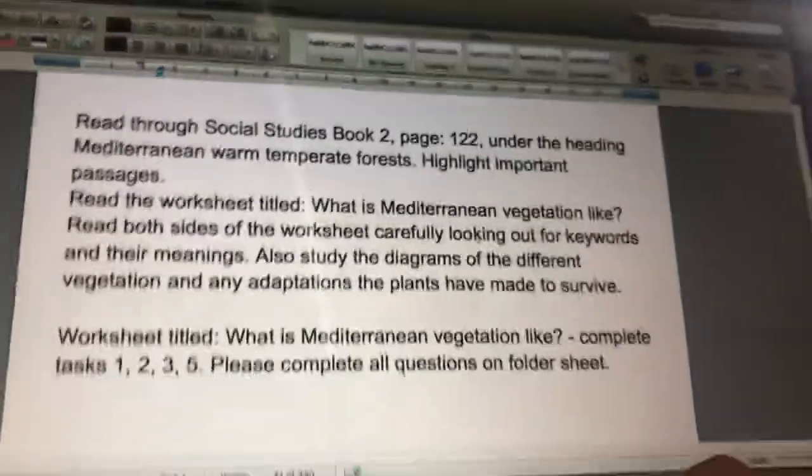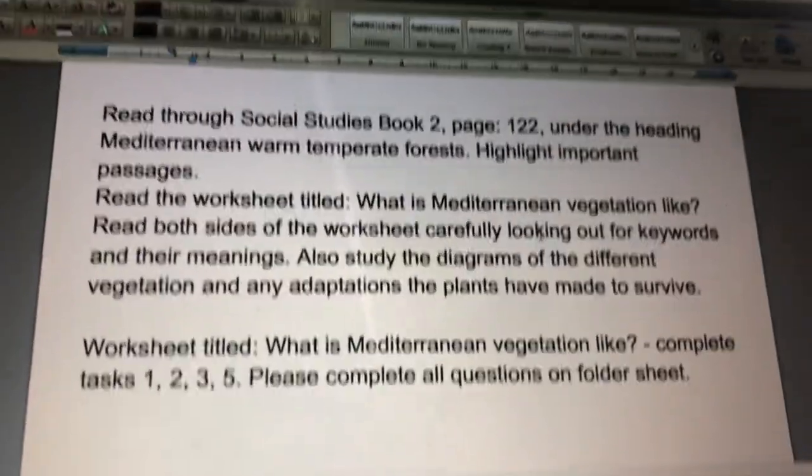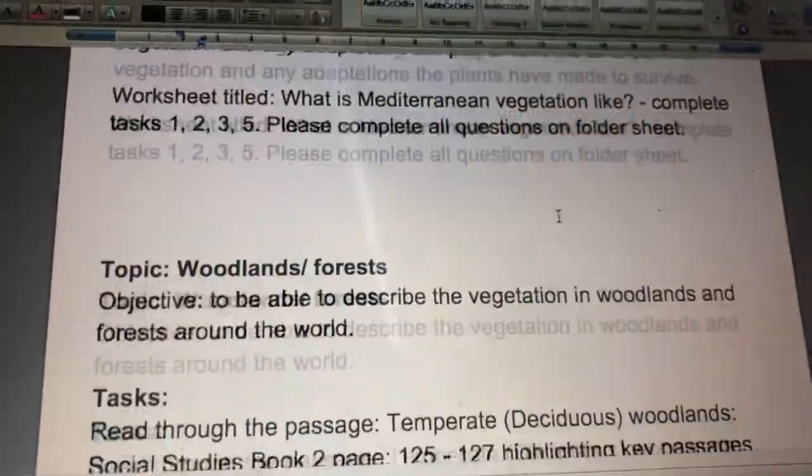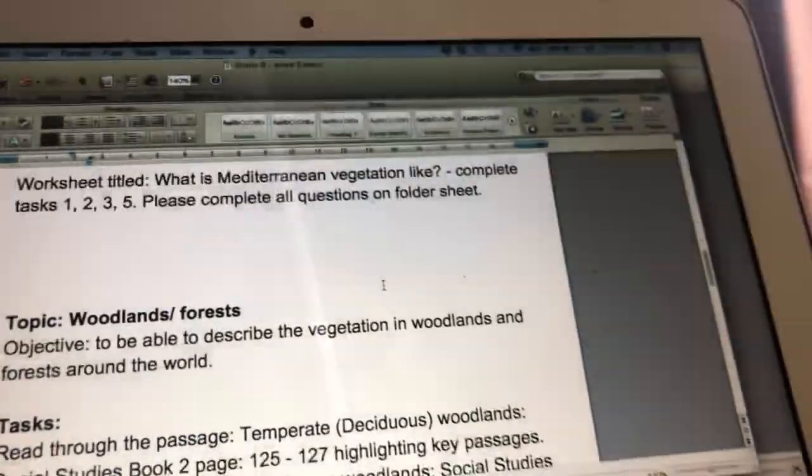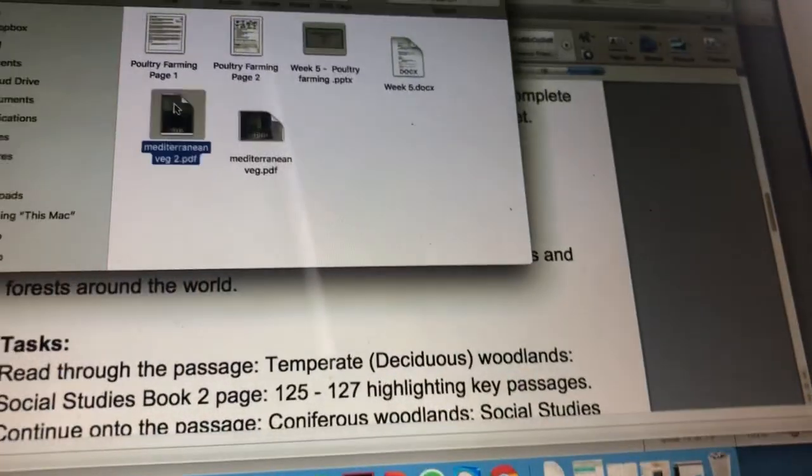Complete tasks 1, 2, 3, and 5, and complete those answers on the folder sheet, okay? And put that into your binder to be safe. So if I show you those worksheets, we've got